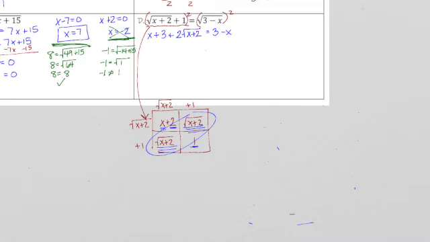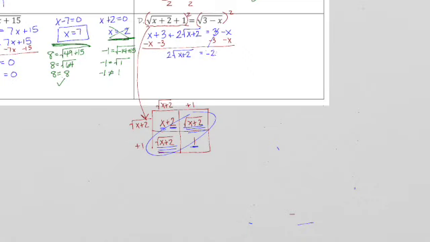So again, I'm left with a radical. So I'm going to have to do the squaring both sides a second time, but I have to get it by itself first. So this does have some extra steps that are a little different than before, but still doable. You just have to do it twice. So I'm going to subtract x. I'm going to subtract the 3. And when I do that, I'm left with 2 square root of x plus 2 equals, well, those 3's cancel,